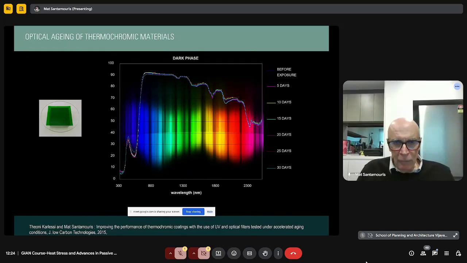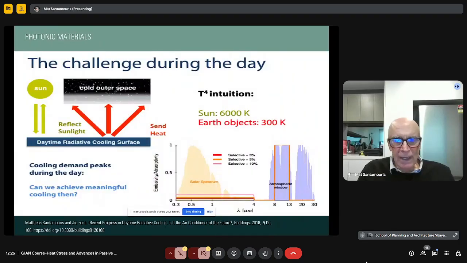But although these materials really started to be commercially available and produced mainly in China, unfortunately the development of the new generation of materials, the so-called photonic materials, has almost stopped the development of this technology. So we move to the very last technology of materials, which in reality is a generation.